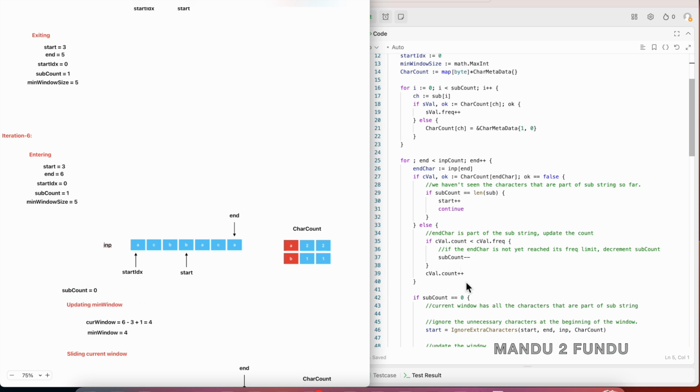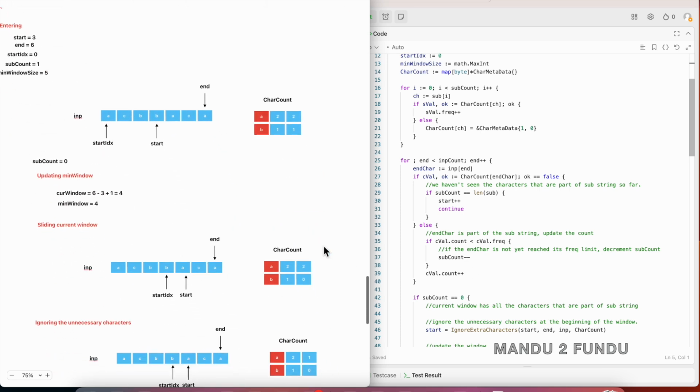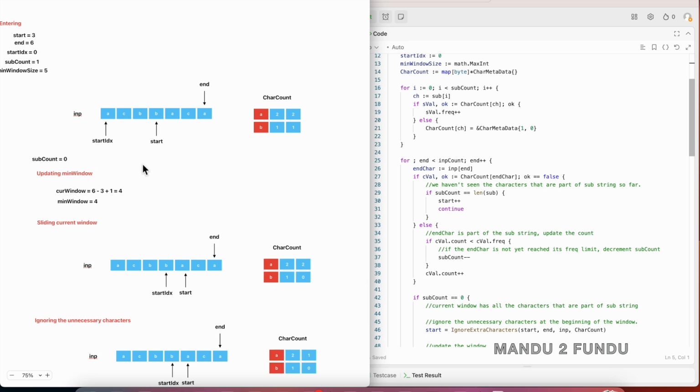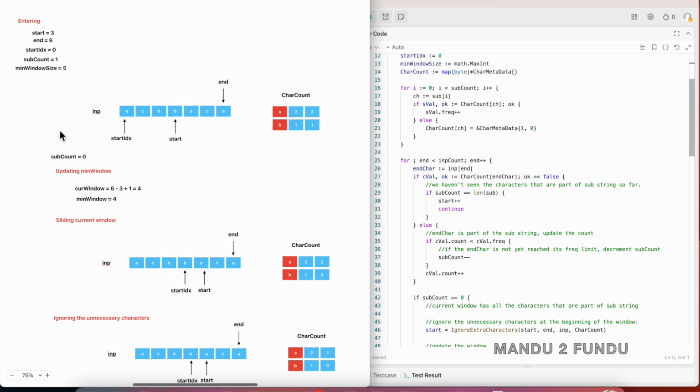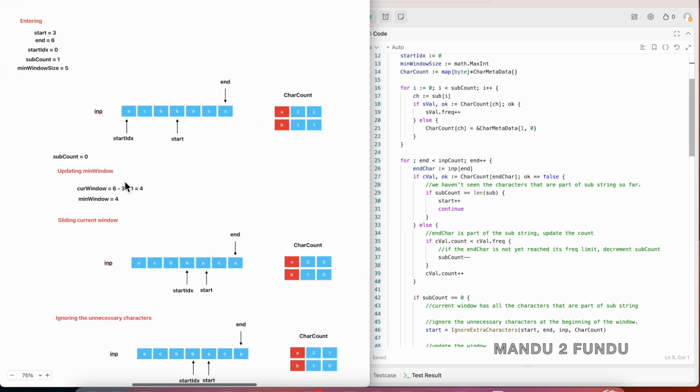Then once we come out, we increment the count of letter A in the hash map, so that we see 2. After that we compute the current window size, which is 6 minus 3 plus 1, which is 4. This window size is less than the previously computed window size 5, so we update the minimum window size to 4, and then we slide the current window